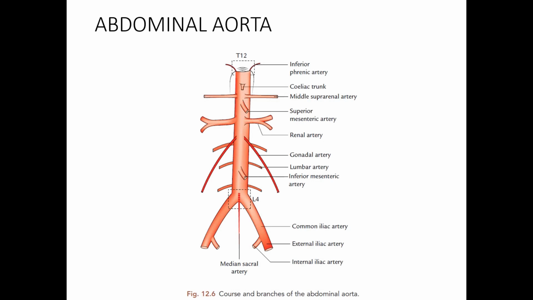Hello everybody. Today we are going to discuss the topic abdominal aorta with the help of the diagram given in your Vishram Singh. Okay, so fine. So the abdominal aorta is one of the major vessels of the human body which is present in the abdomen, and this is going to be the source of all the major vessels which are going to supply the structures of the abdomen and the organs of the abdomen.